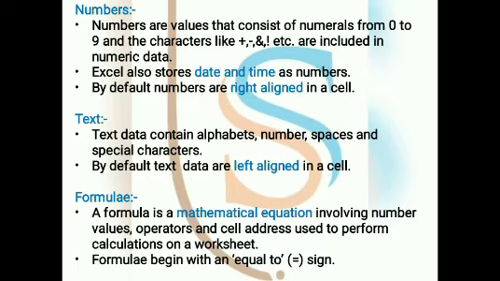If we write like this, 5 multiplied by 7, nothing will come. It will be considered as text only. So if you want to apply it as a formula, you will write equal to 5 multiplied by 7, or if you want to use the cell address, equal to C5 multiplied by D2. Clear? So firstly you will put the equal to sign.